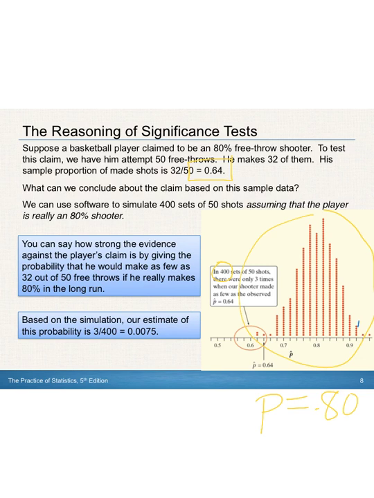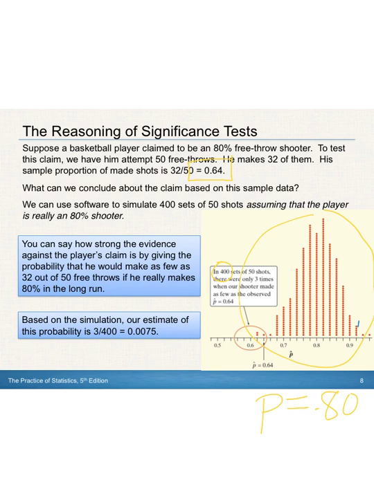They shot 53 free throws once, and they got it right 64% of the time. Now, what can we conclude about the claim based on this sample data? Just on one sample, can you say, well, he sucks, he doesn't have an 80? No. You can simulate the 400, and then you can say how strong the evidence against the player's claim is